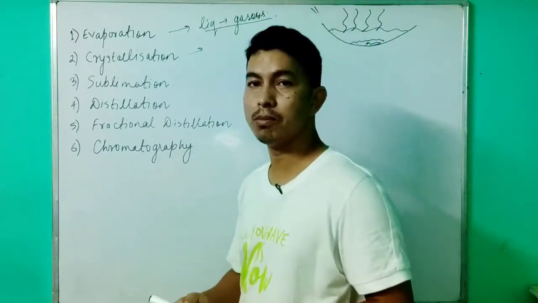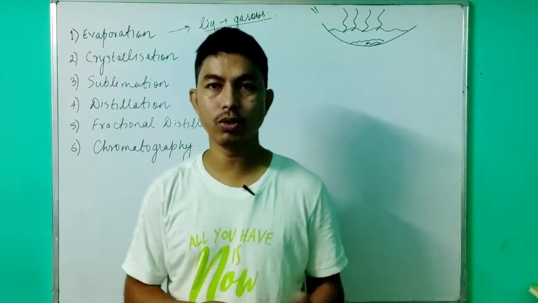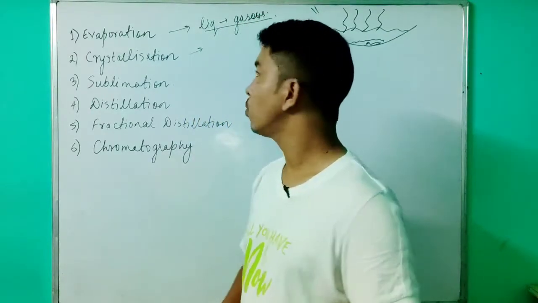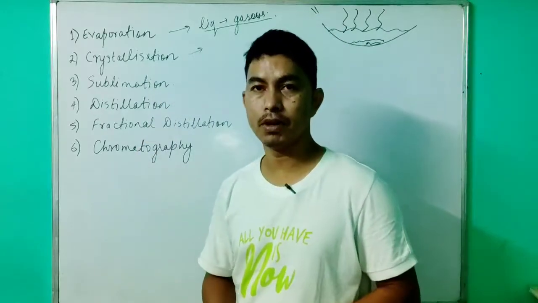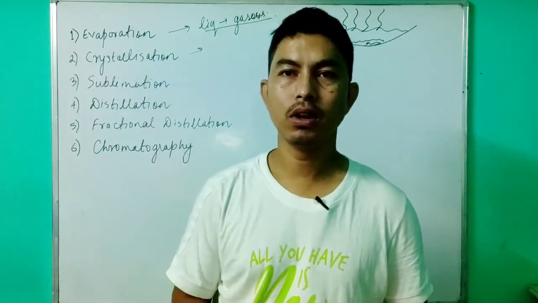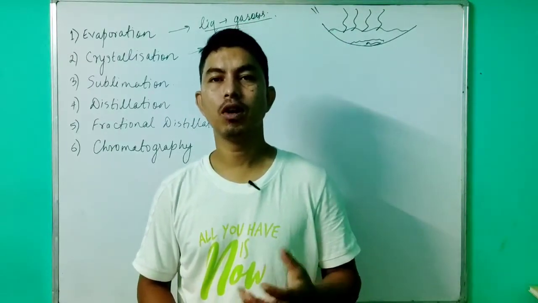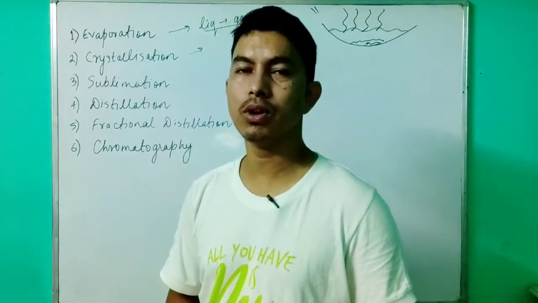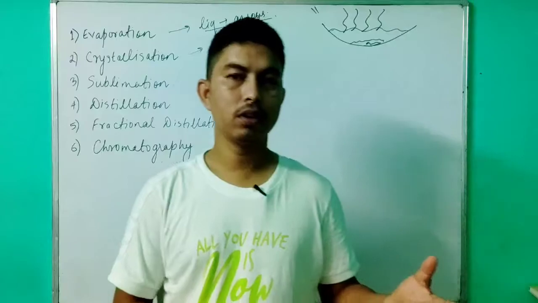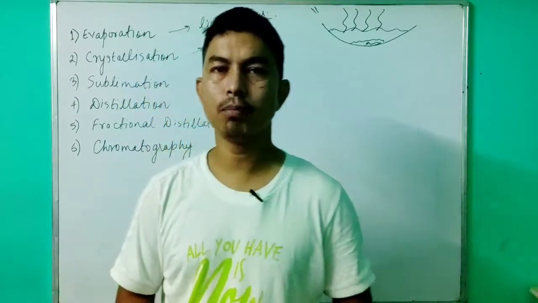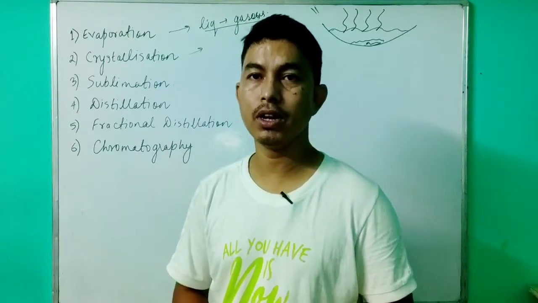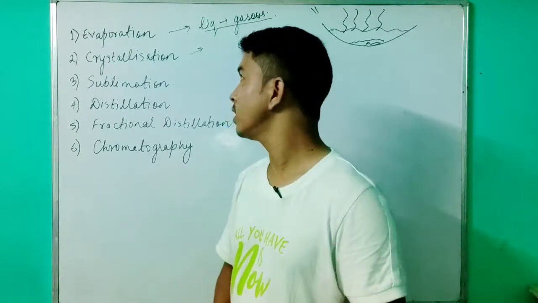Crystallization is a process in which a concentrated solution is heated to a high temperature and then cooled. On cooling down, the crystals appear. In that way, we can easily separate the solute from the solvent. For example, a copper sulfate solution. When the copper sulfate solution is heated to a very high temperature and left to cool down, what happens? The crystals of copper sulfate start appearing. In that way, the water and the crystals of the component dissolved can be obtained.